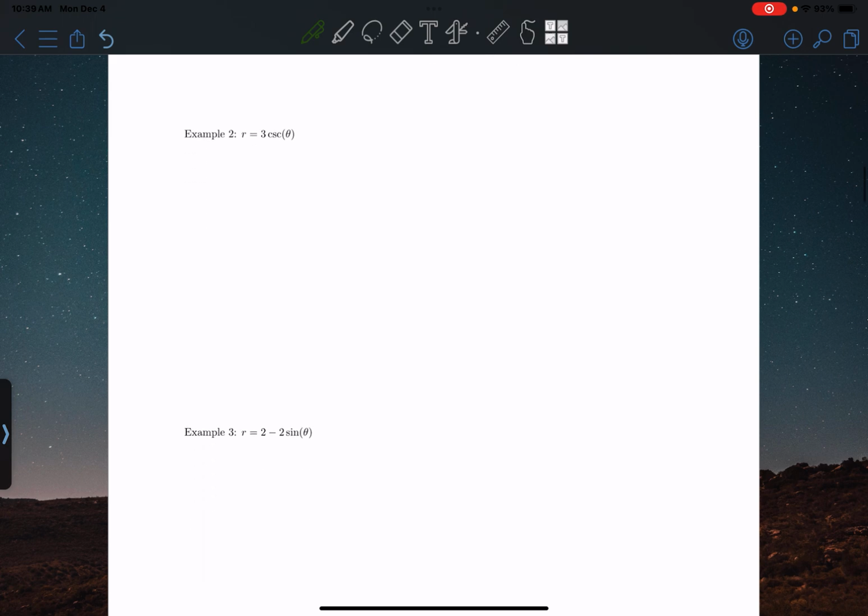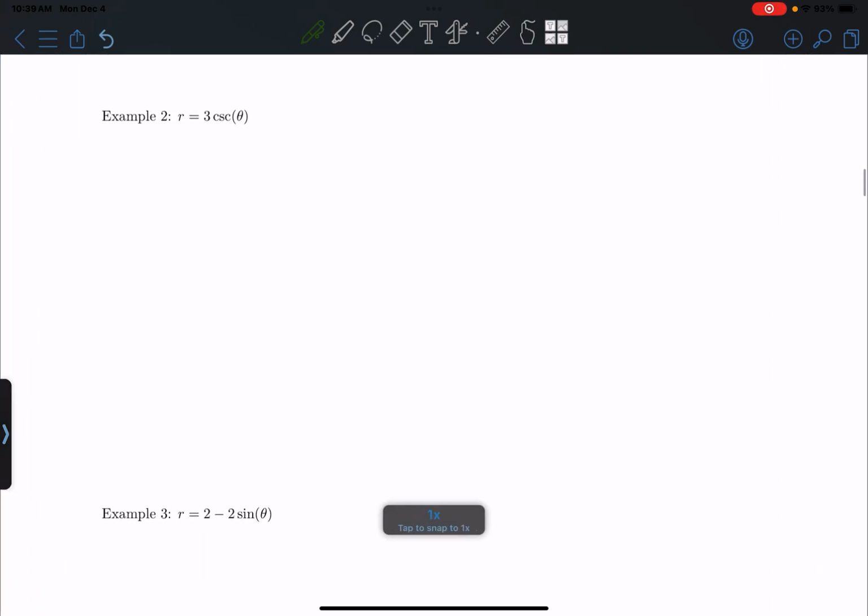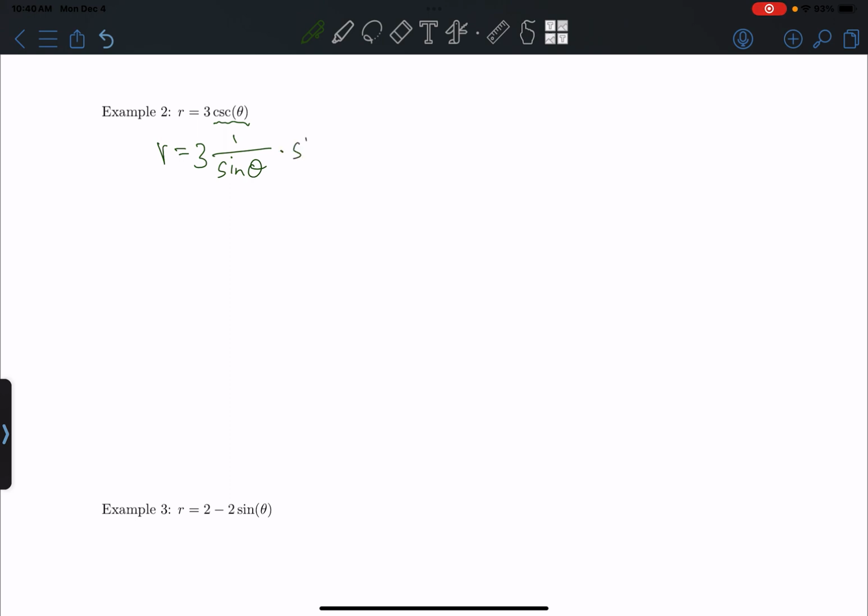Okay, so let's take a look at this. The reason why this is super easy is because you actually don't need to multiply both sides by r. What you can do is you just have r equals 3. Instead of writing cosecant, you can write that as 1 over sine theta. And that's the reason why it's easy, because then you can just multiply both sides by sine theta